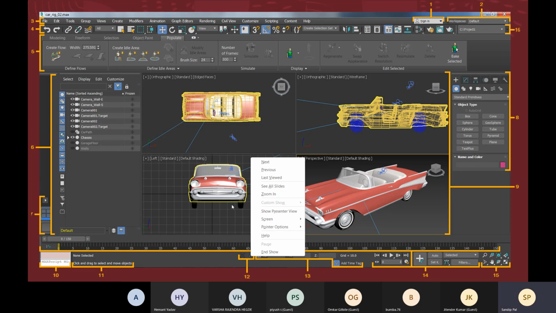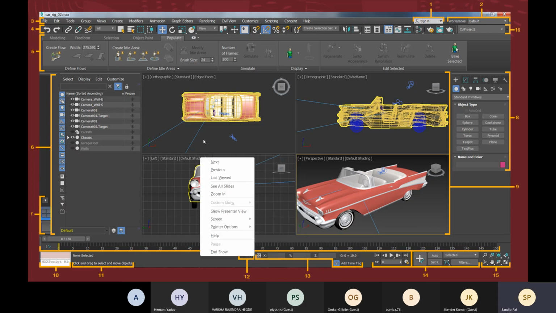So that's the benefit, right? We can save time. If we go for selection one by one, it will take longer, but in this process we can select it with just one click, or select all together with fewer clicks. And you don't have to find out where all your objects are in the scene.